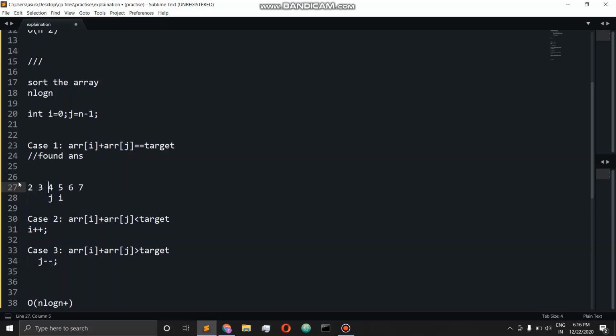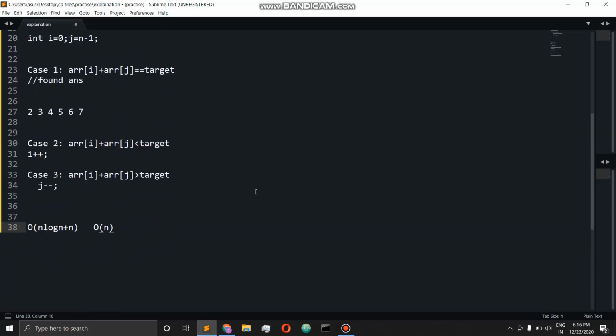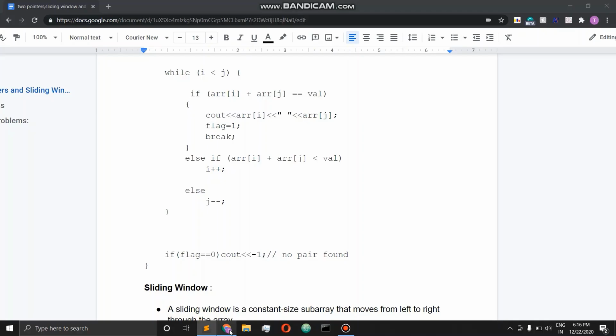If we sum the number of moves of these, it will be order of n. So this shows that the overall traversal will be only of order of n. So the final complexity is O of n log n plus n if we have sorted the array, and if we have not, then simply O of n. So from n squared we have reduced it to O of n.